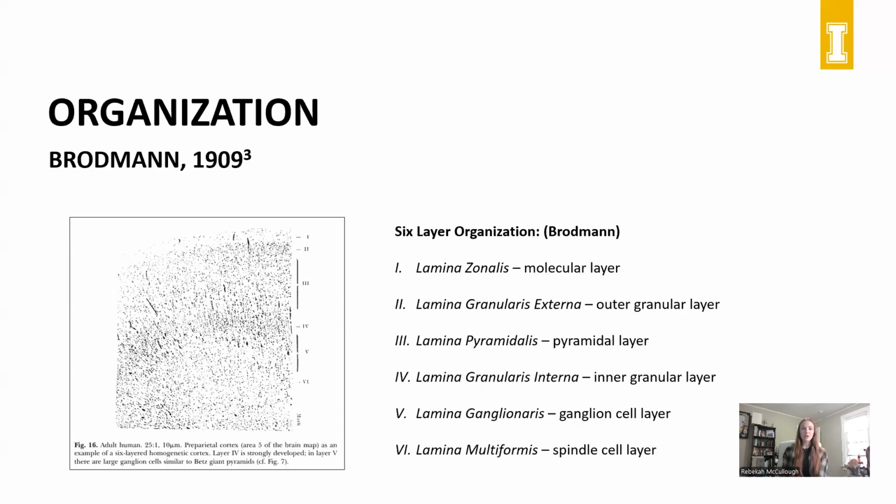So the organization of the neocortex is, as I mentioned, those 6 layers. This gives a picture over on the side of what that looks like, and then a detail of what each one of those layers are. There's a lot of different ideas between different models for what exactly this neocortex looks like, but the one thing that is consistent across all the models is that those 6 layers exist. And then the other thing is that